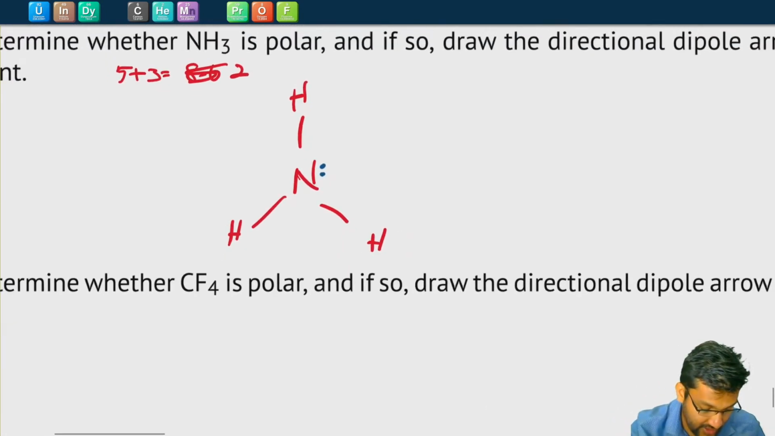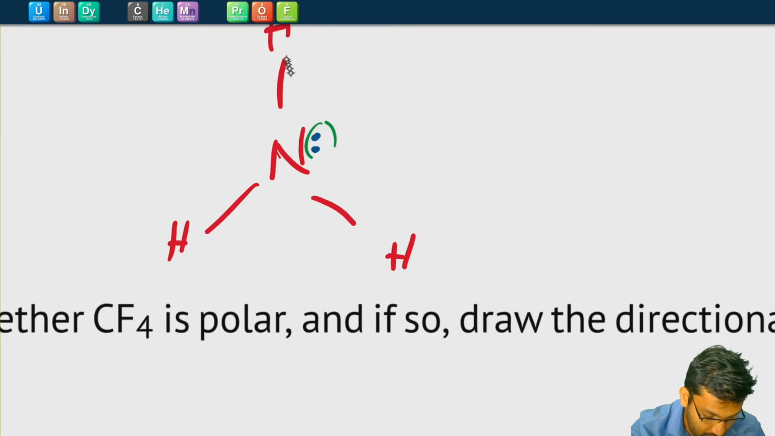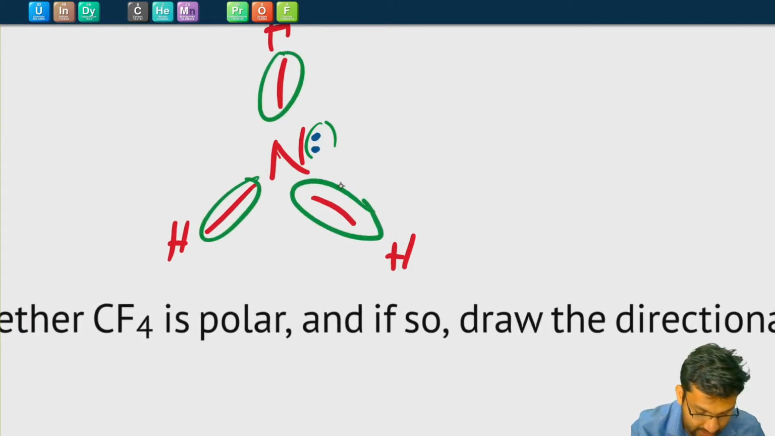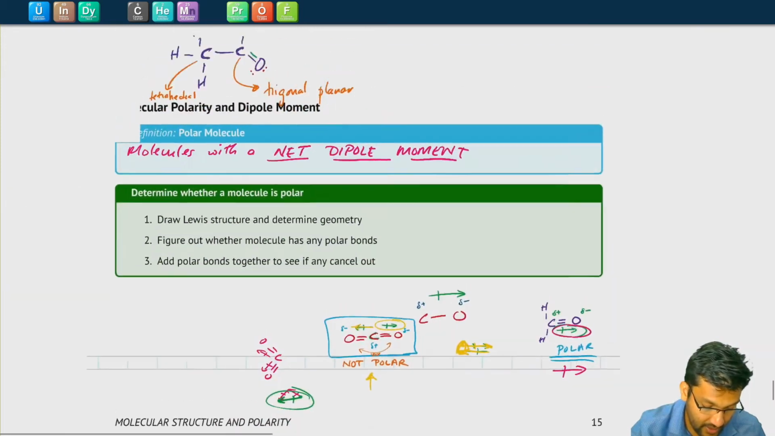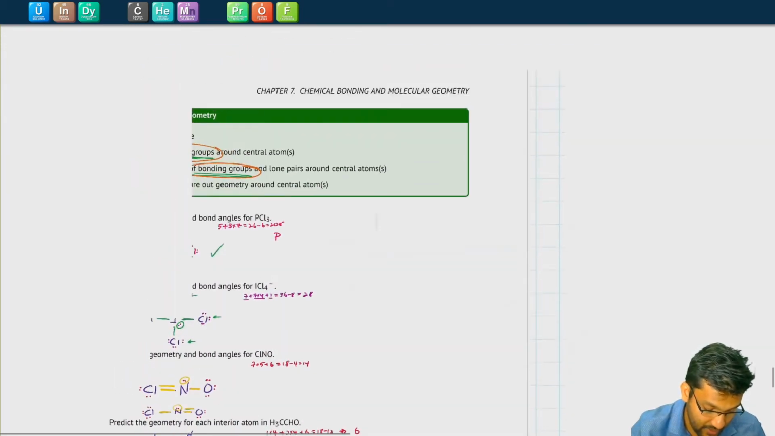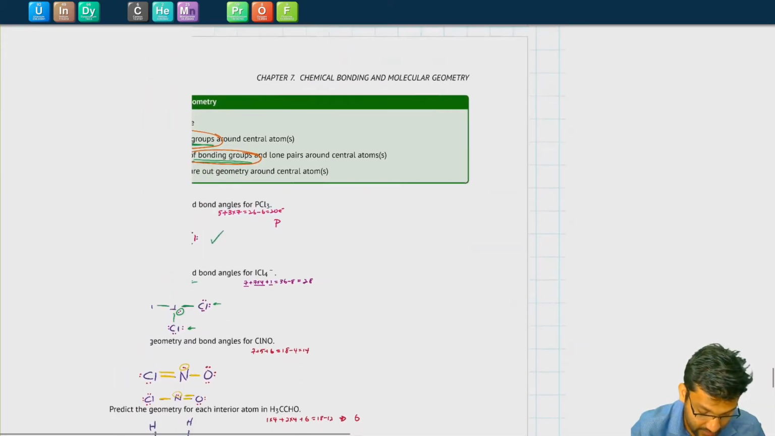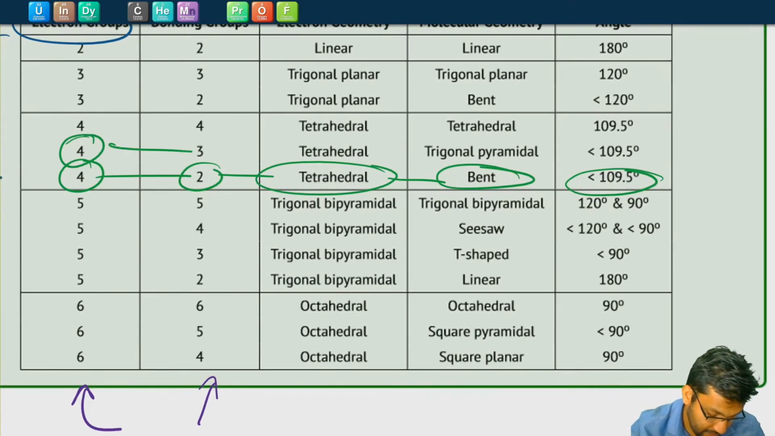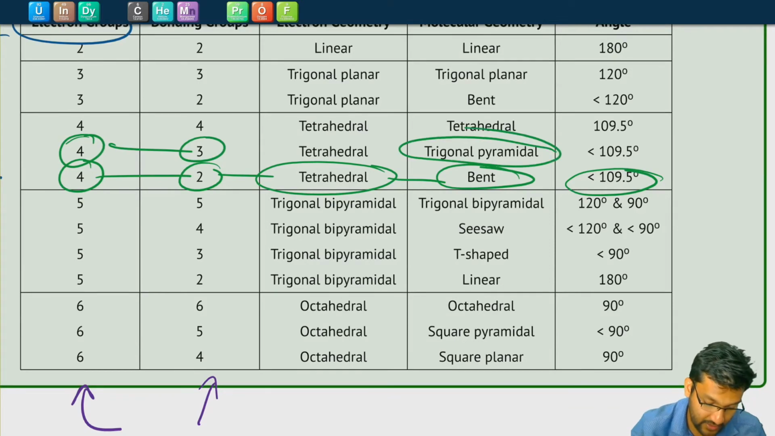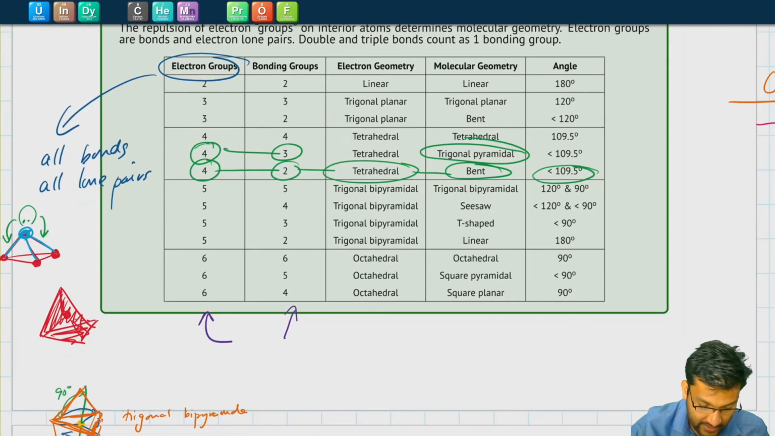Let's look at the structure here. The center atom has 1, 2, 3, 4 electron groups. 3 of them are bonds. So 4 electron groups, 3 bonds, that would be a trigonal pyramidal structure. But just to prove it to you, 4 groups, 3 of them are bonds, is a trigonal pyramidal structure. And just to remind you what that is,